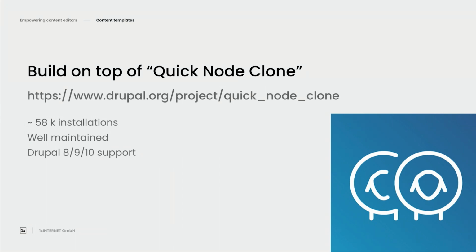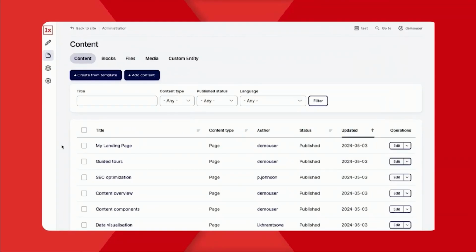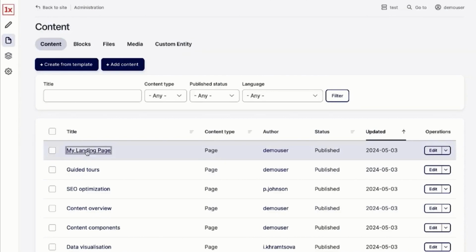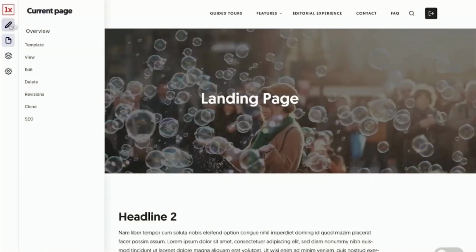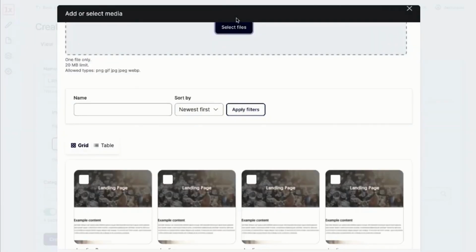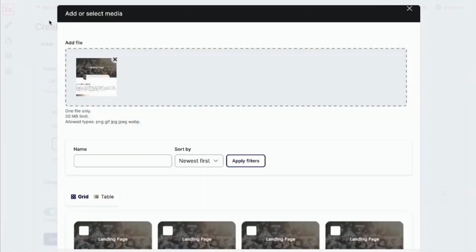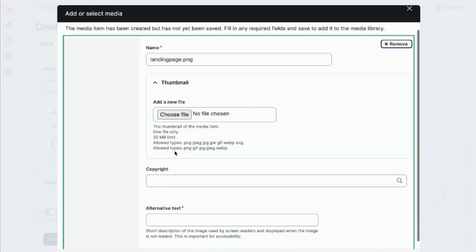So let's see how you can easily create a template from a page that you already have. Normally you would just select any page that you want, and then use the template tab. You can also upload a preview image for the template so you can easily identify it in the list afterwards.